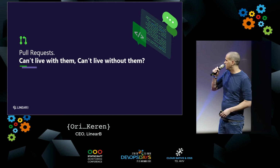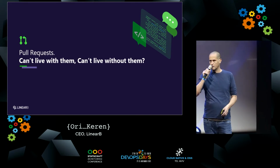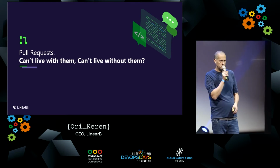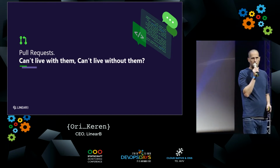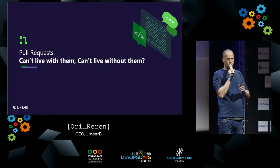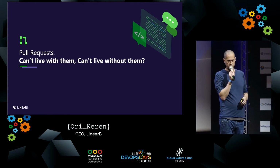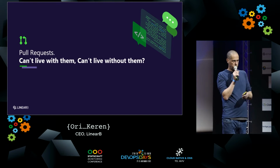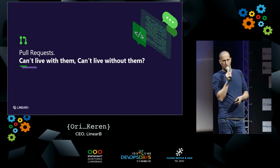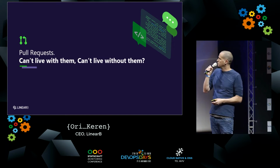Now, today, we're going to focus a lot on pull requests, or merge requests if you're a GitLab fan. I don't know, let's do a show of hands. How many people here never worked with pull requests? How many people here are working with pull requests every day in their developer workflow? So great. So this proves